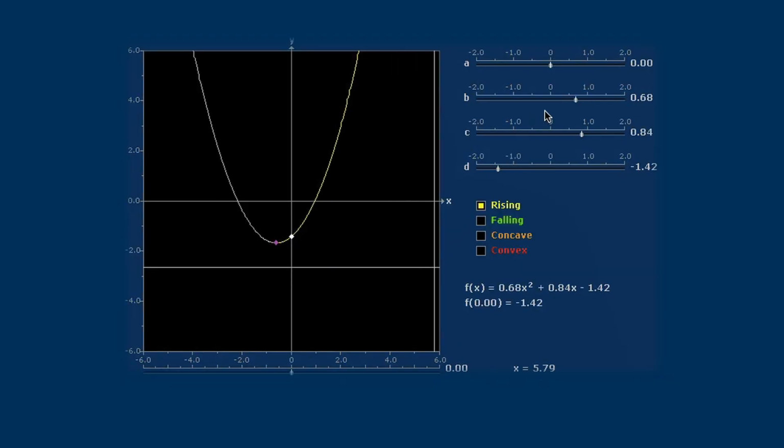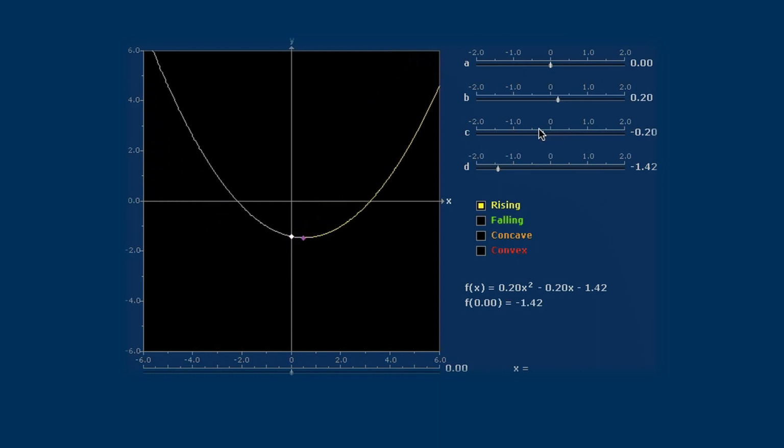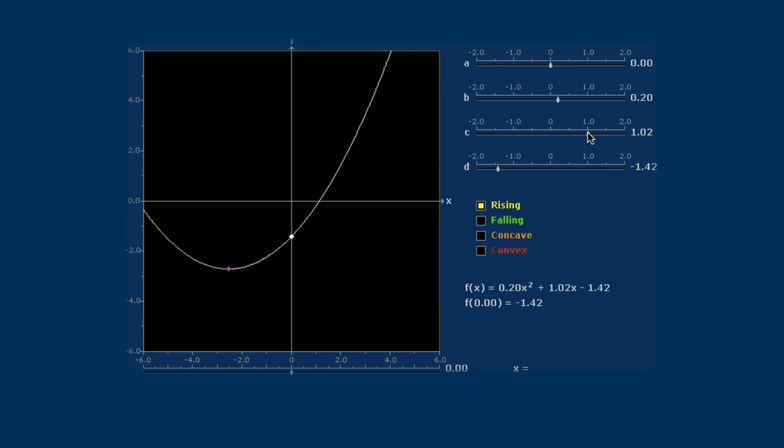Let's test that out. So I'm going to make b smaller. That'll make the parabola fatter, right? Yeah, okay. And now I'm going to change c, and the prediction is it's going to move much more. And it does. It moves much more dramatically because there's that b in the denominator for the formula.